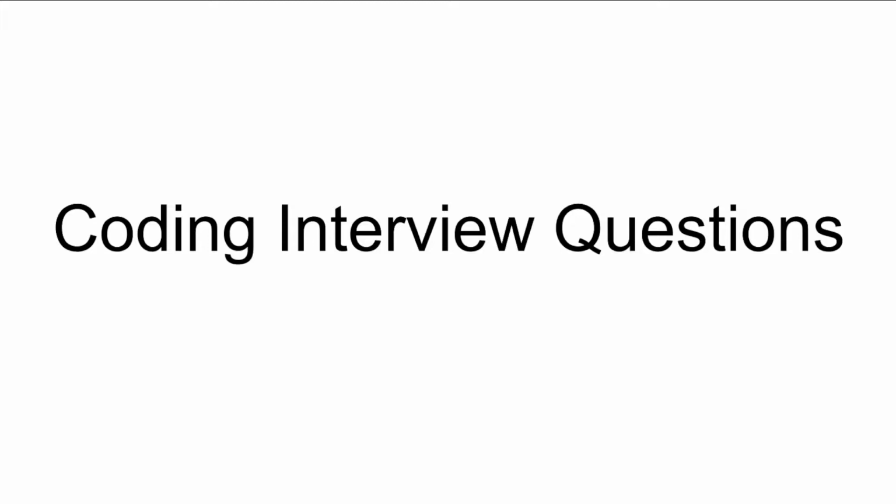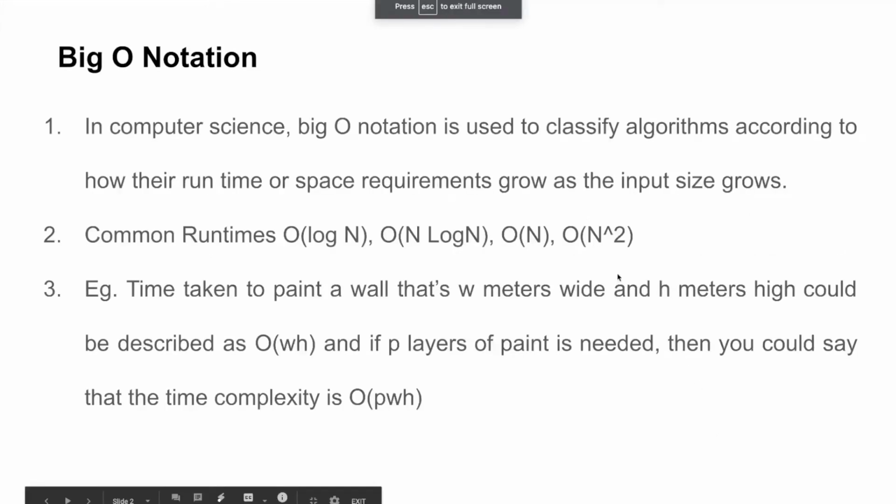And before I go on to solving any question, I would like to give you a brief about the big O notation and how we can use it to classify the algorithms that we are writing. So what is the big O notation and why do we need it? Most of the questions that we are going to be covering will depend on getting the optimal solution for that, the most efficient solution in terms of the runtime or the space required by that algorithm. So how do we know or how do we classify those algorithms?